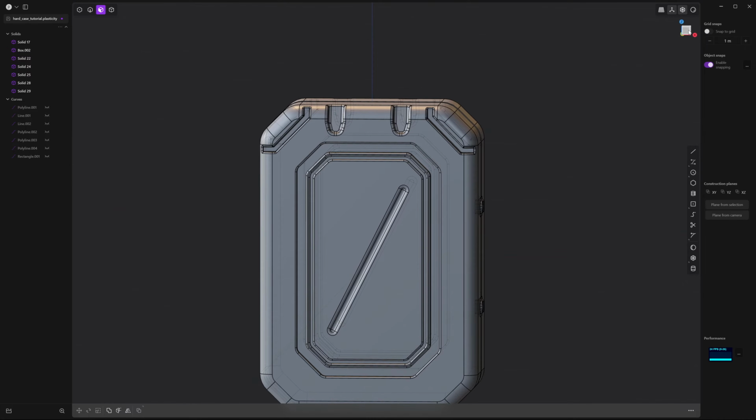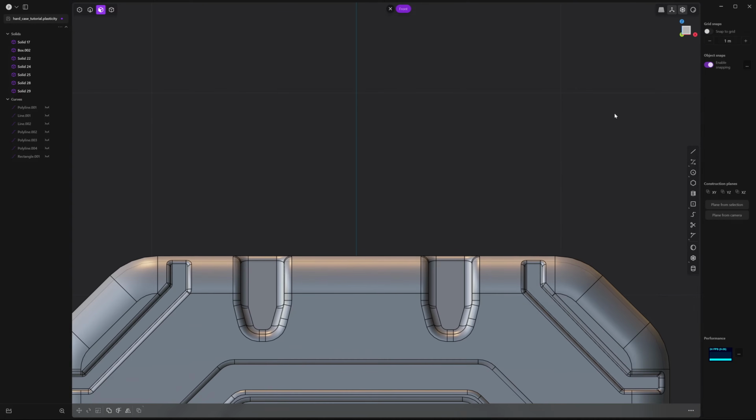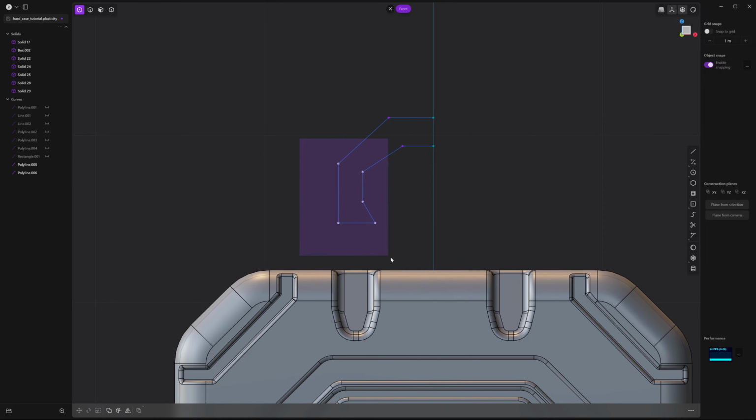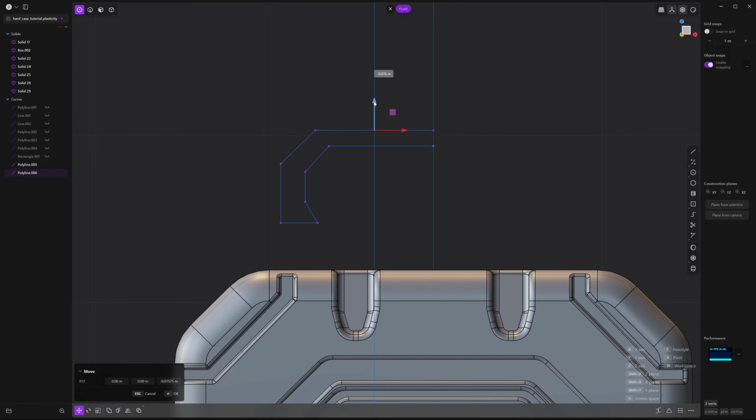Next, let's just create the handle. So go to the front view. And we're going to use the line tool to create a shape that'll attach to the top of this. So I'm going to create a line here. And just create some sort of geometric shape that you can adjust. Shift A, I'm going to create another line out here, going straight up. Press 1. Just going to make sure this is a wider handle. Maybe move this down a bit.